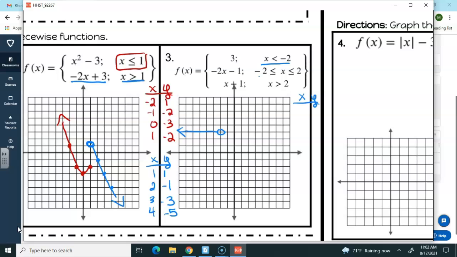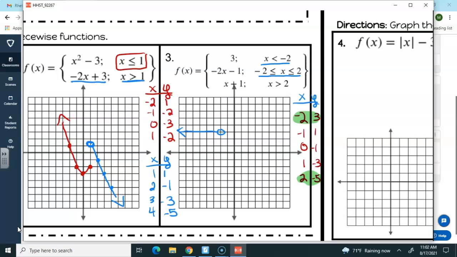Here, I'm doing between -2 and 2. All right, so we're going to put that in our graphing calculator, -2x minus 1. We're going to go to the table, and we're going to get the values (-2, 3), (-1, 1), (0, -1), (1, -3), and (2, -5). Okay, the 2 key parts are this point and this point because those are our end points. So at (-2, 3),